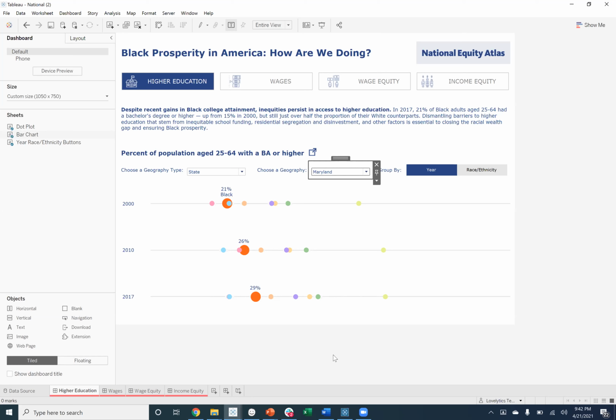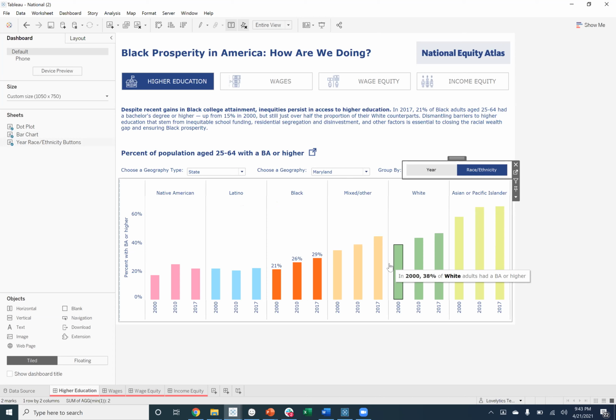But we wanted to provide them with two ways of viewing that data. So here we're breaking it out by each of the years. And then we have a circle that represents each of the race/ethnicities with a focus on the Black population here, because that's what the entire workbook is focused on, Black prosperity in America. But then if you were to select race ethnicity, we're now transforming that view a little bit so that you can group each of these sections by the race ethnicities